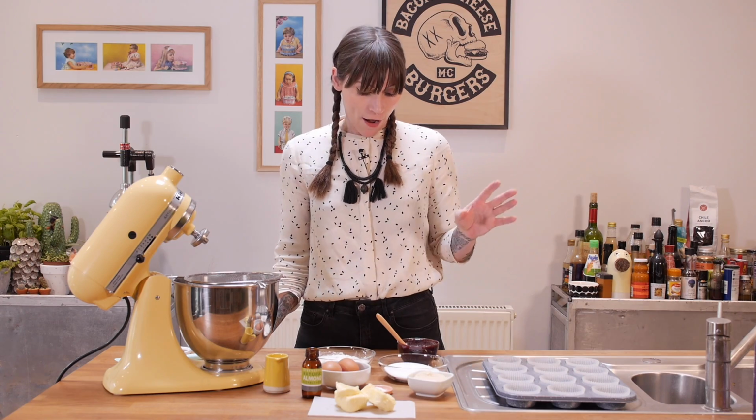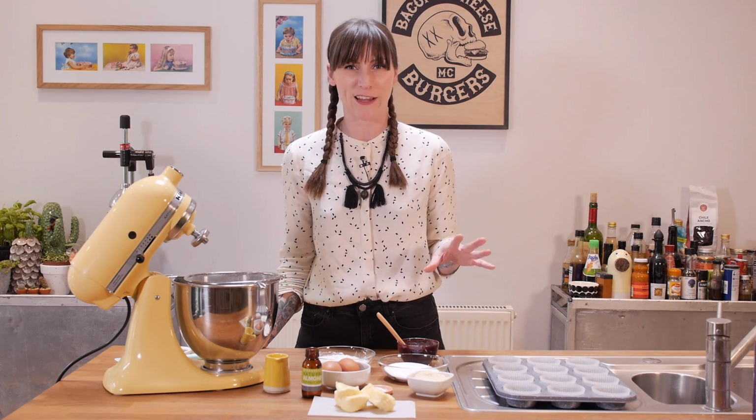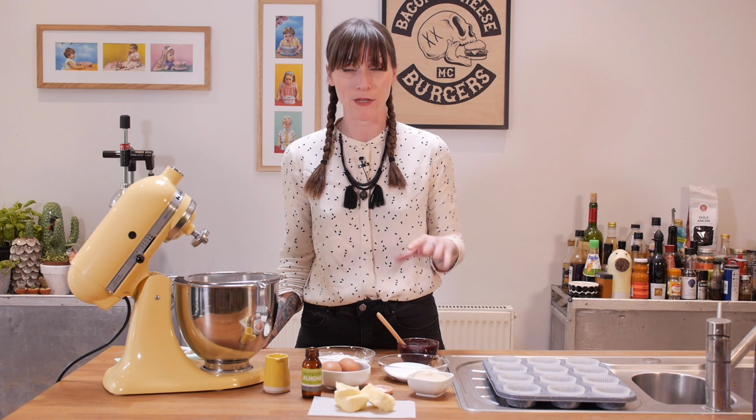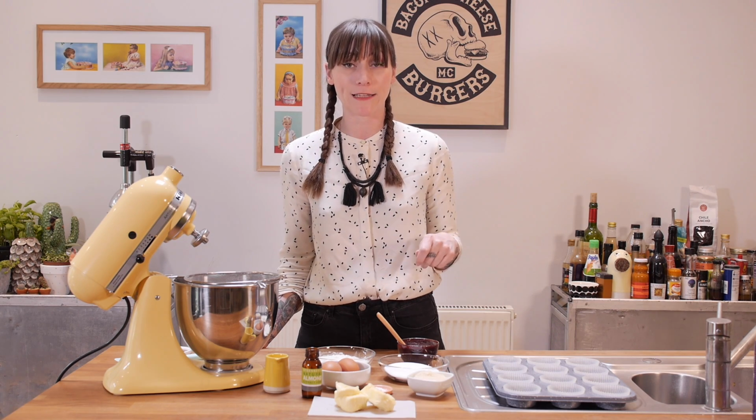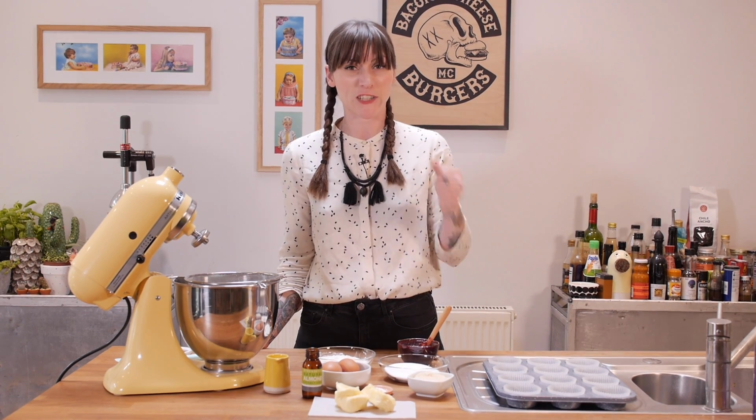I've already started by making my cherry goo, which is basically frozen cherries. I just use one of those bags you can get. They're normally 350 to 400 grams. Whack that in a saucepan with 3 tablespoons of caster sugar and the zest of a lemon for a bit of extra tang. And I boiled it up, I simmered it for about 25 minutes, mashing it with a potato